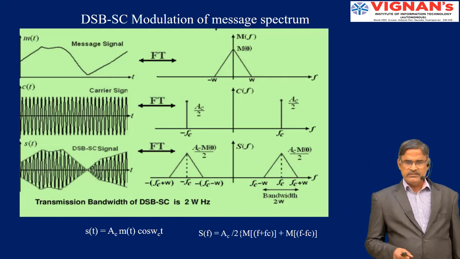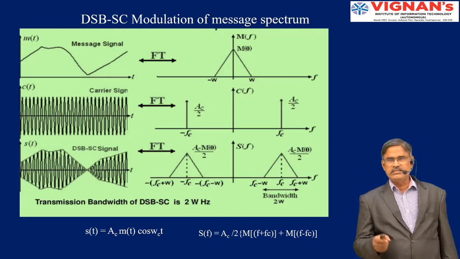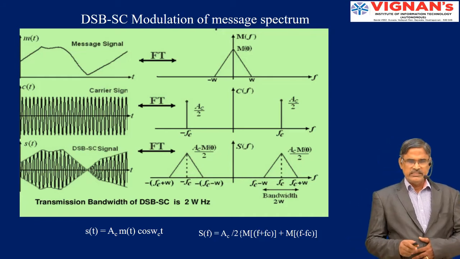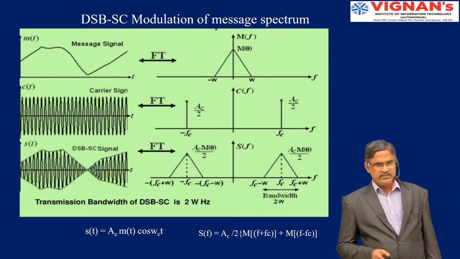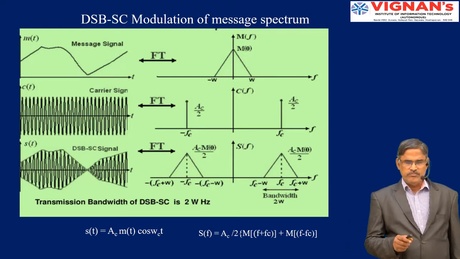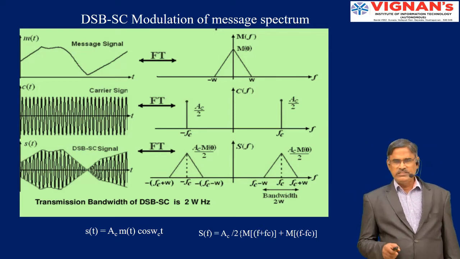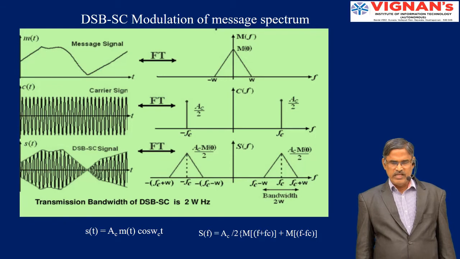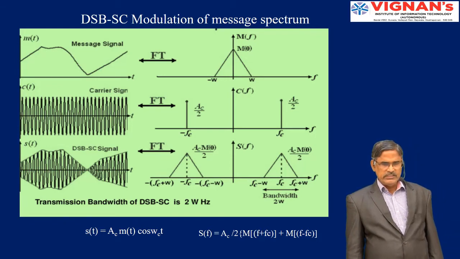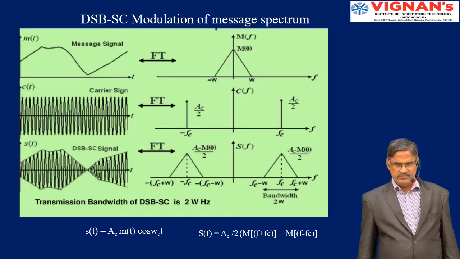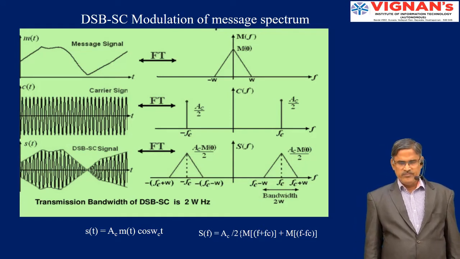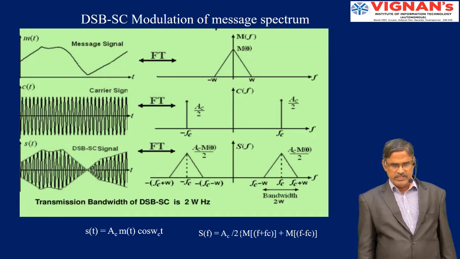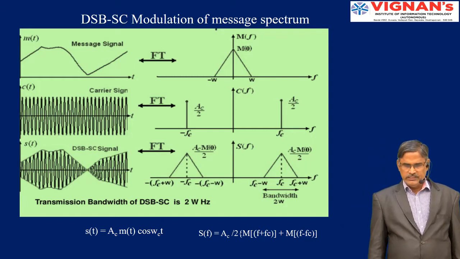So here, in the same slide, previously you were seeing a sinusoidal signal. Now the message signal is not sinusoidal, it is any general signal. Actually, if you evaluate the Fourier transform, it may be anything. But for simplicity, we are assuming the message signal has a triangular spectrum with maximum frequency W. This message signal is multiplied by the carrier signal, and when you multiply the message spectrum by the carrier cos omega ct, it is shifted to the right and left. And you are seeing the spectrum.